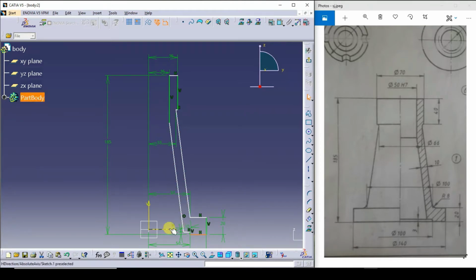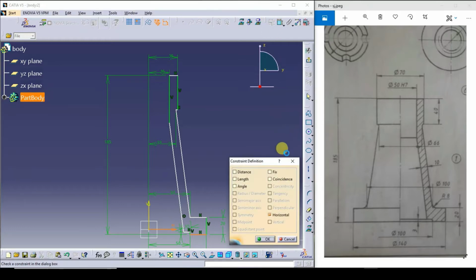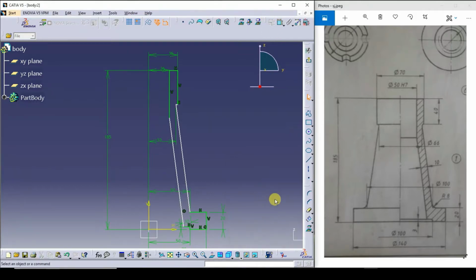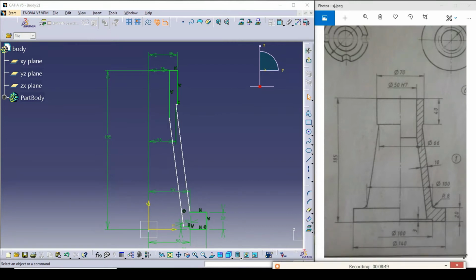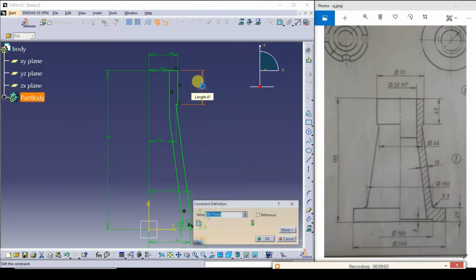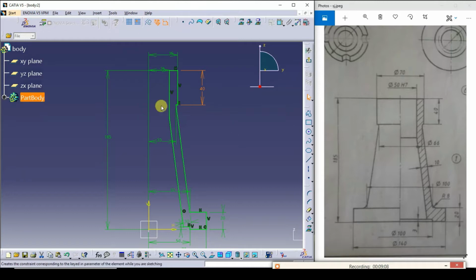So I'll coincide this with this. So one more dimension I need to give here. This is 40 here. So this is 40. So this has turned into green color.